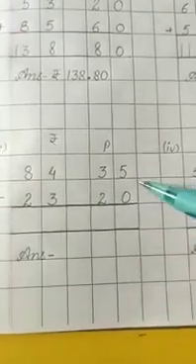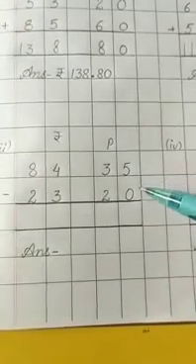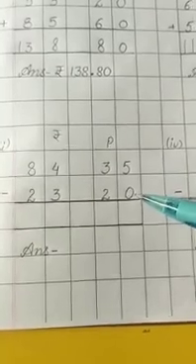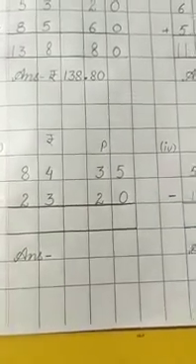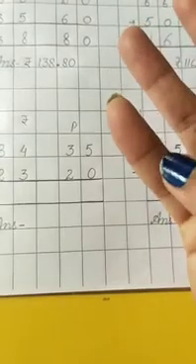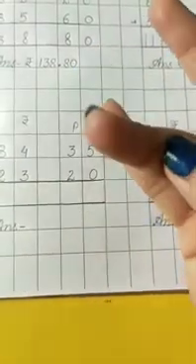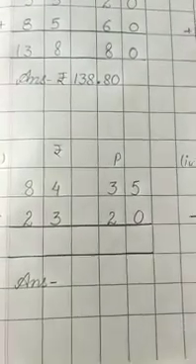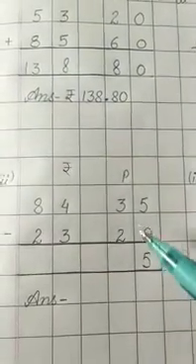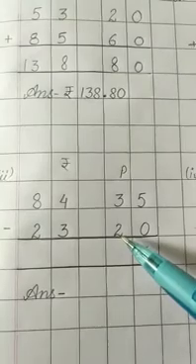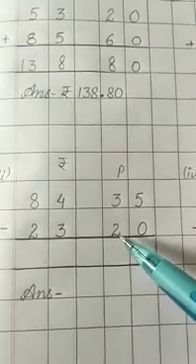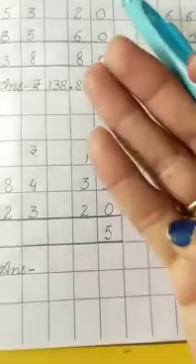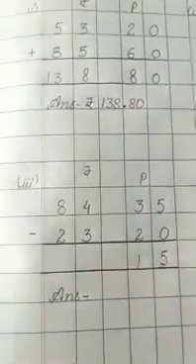So let's subtract them. Here you have to subtract 0 from 5. So 0 is in your mind, children. Now start counting from the next number. 1, 2, 3, 4, 5. So 5 minus 0 is 5. Now 3 minus 2. Now 2 is in your mind, children. Start counting from the next number. 3. Now we have to count till 3. So 1 is the answer.